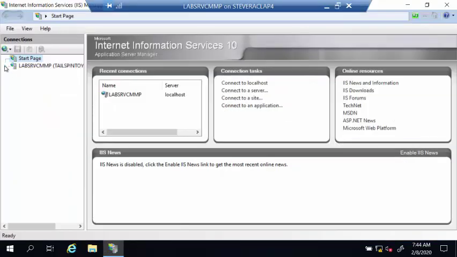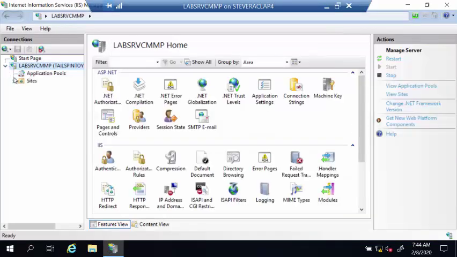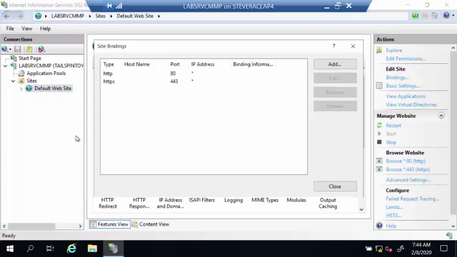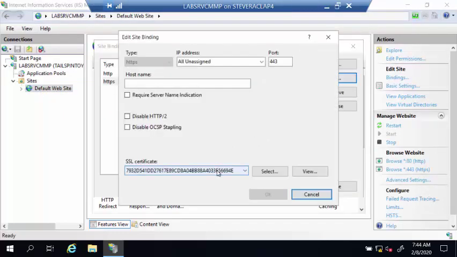This is already installed. So if I go down to default website, right here, I'm going to right-click and edit bindings. So 443 is what I care about, so I'm going to edit that. I've already chosen my cert. Again, the process for creating the cert and enrolling the cert, I'm not demonstrating here, but I do have the